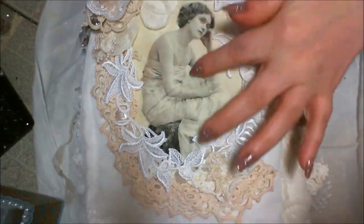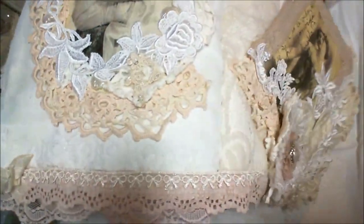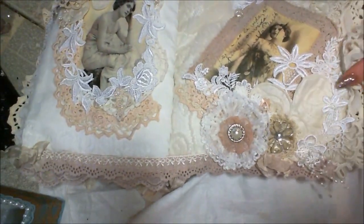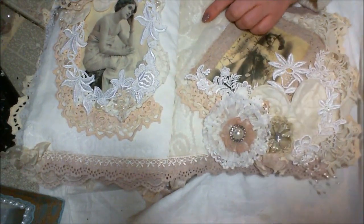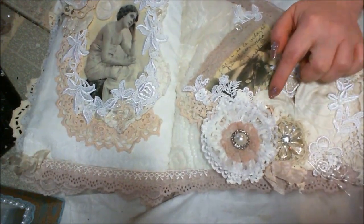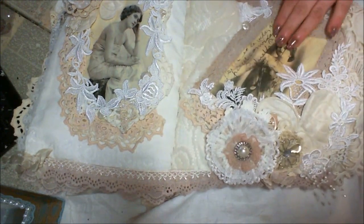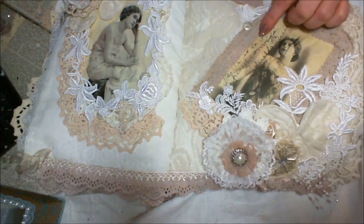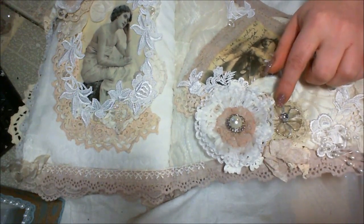And I love this image. It looks like a Greek goddess sitting there like that. And then the last page, I used a piece of a curtain I found in a thrift store, and here's more from that cushion, and it actually looks like a heart peeping out. And a photo of Lina again, and sprays with doodads, and from my hoard vault again,